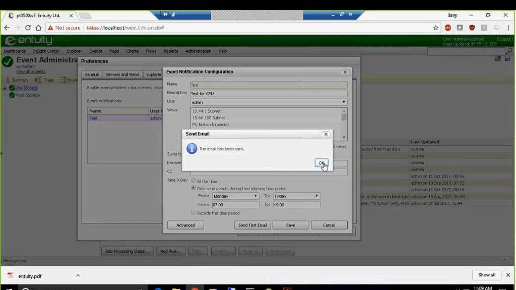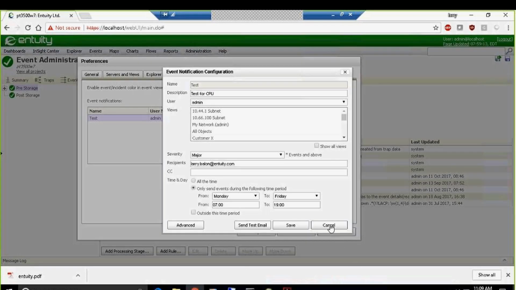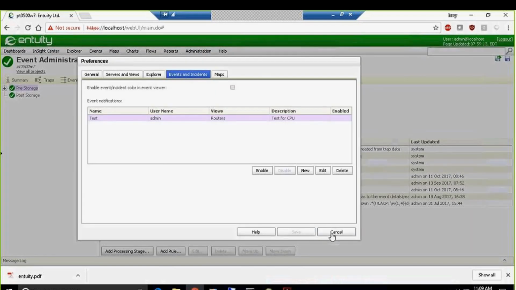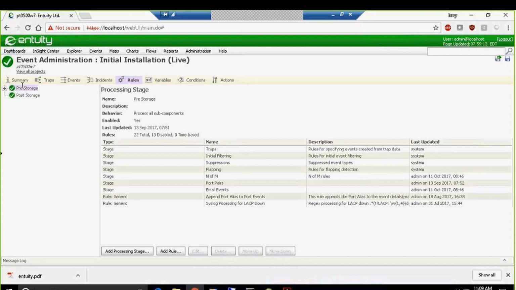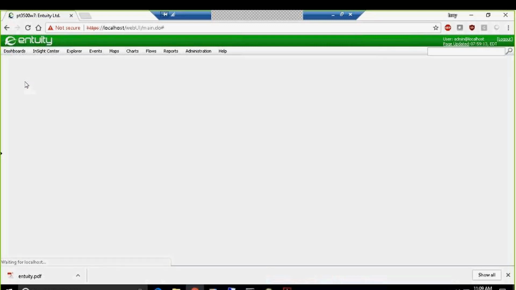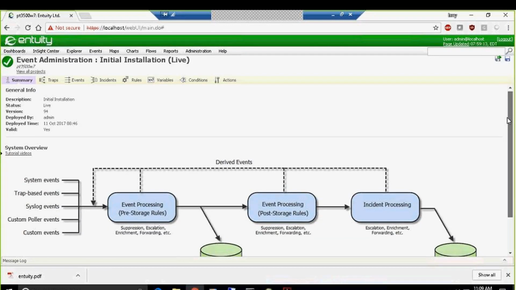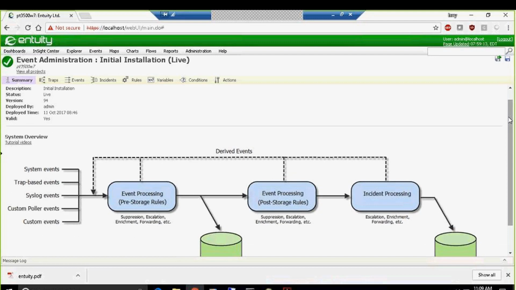But this is the way that you would test it. I've tested the connection. Now we're going to go on to the event management system. I'm going to bring up the summary page first and talk a little bit about how events get processed through our event management system. So on the left-hand side, that's how events come into Intuity and into the event management